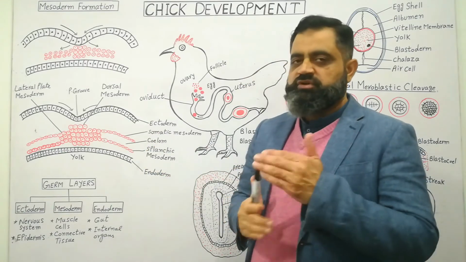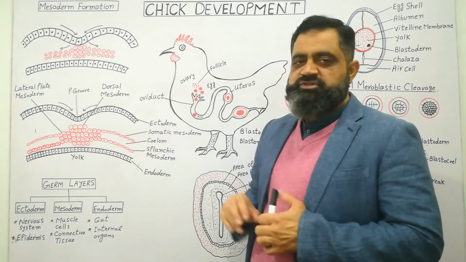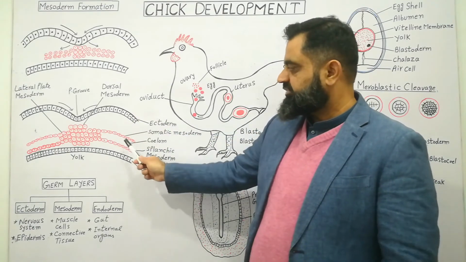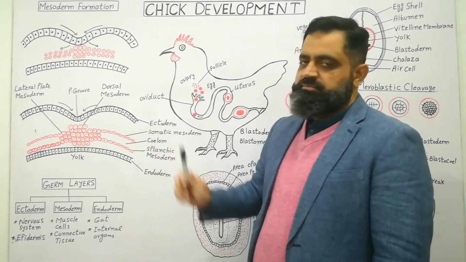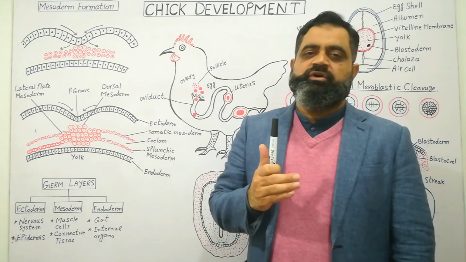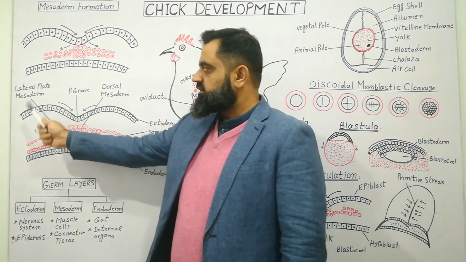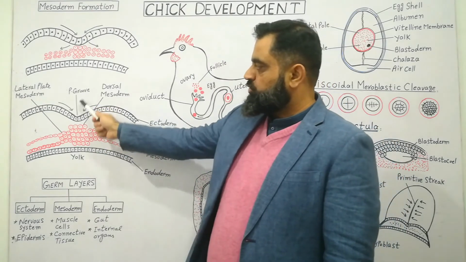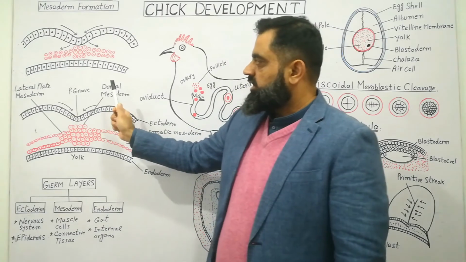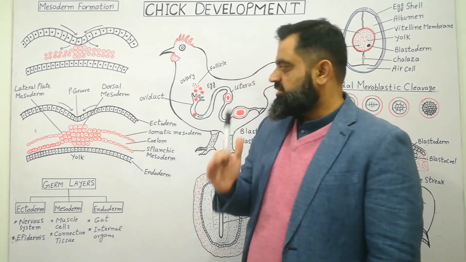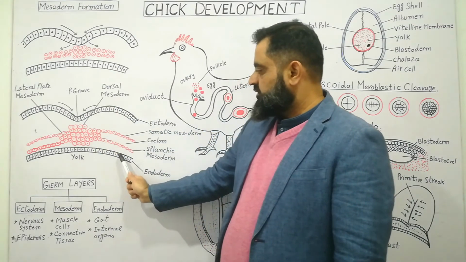So this process of migration of the cell continues, and formation of mesoderm is taking place inside between these 2 layers. Now this layer has become ectoderm because epiblast is going to develop into ectoderm. Now this layer is known as ectoderm, as complete layer. In the center there is a groove which is known as primitive groove. On the sides of this groove there are ridges which are known as primitive ridges, and cells are migrating inside,